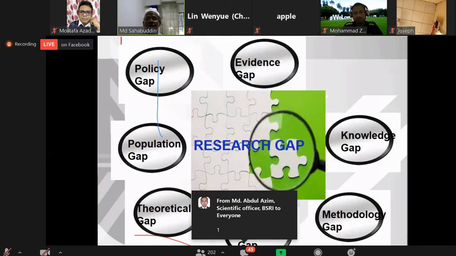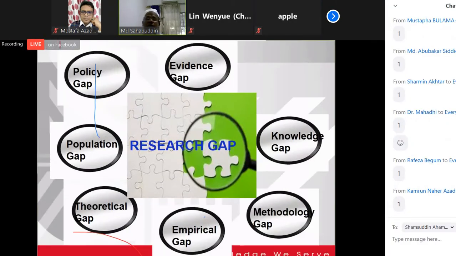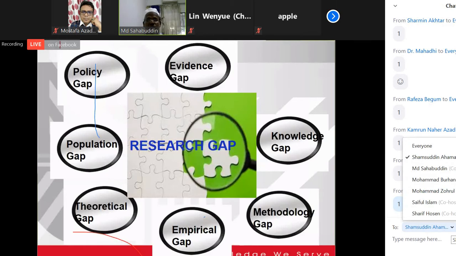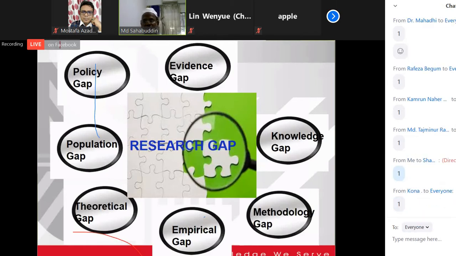So these are some basic points if you want to write the literature review or the gap of the literature review: evidence gap, knowledge gap, methodology gap, empirical gap, theoretical gap, population gap, policy gap. These belong to both science and social science research. But from your research, maybe you have to know which are more important. Maybe 3-4 for social science and some for science. According to your research, you can highlight them, especially when you want to write the research gap. So use this idea.